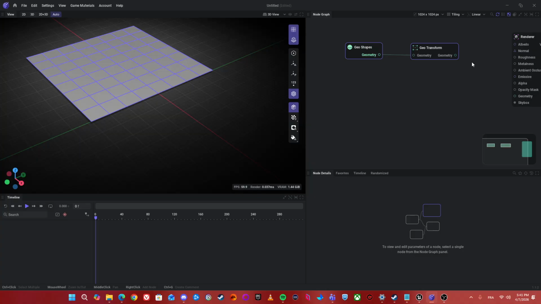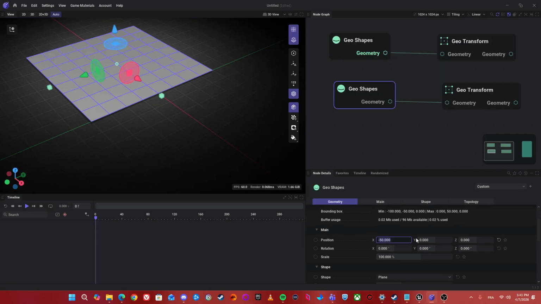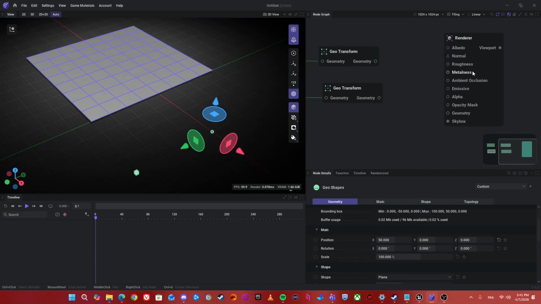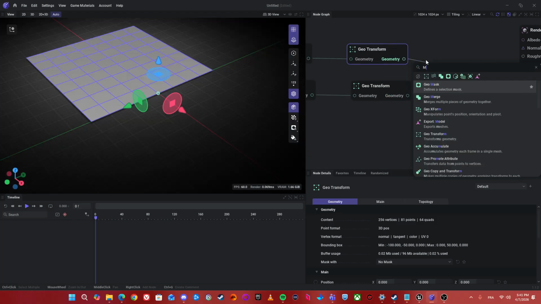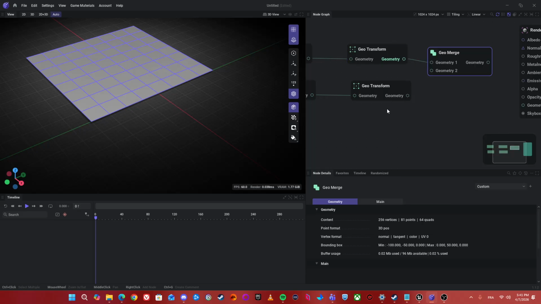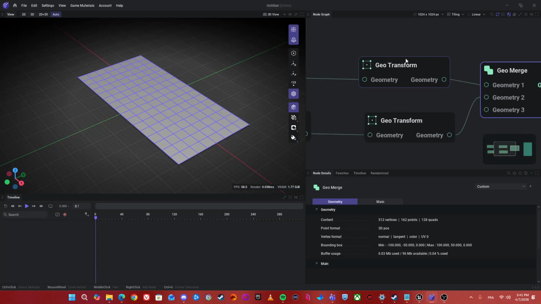So we want the wing on the other side, so let's duplicate this one, and then rather than -50 we're gonna put 50, and then this and this, and then we merge those two together, double click, and then we